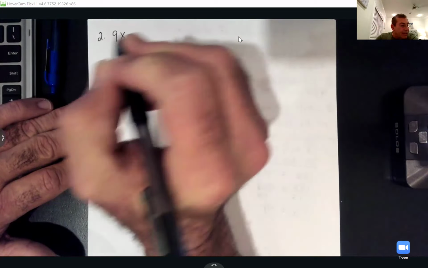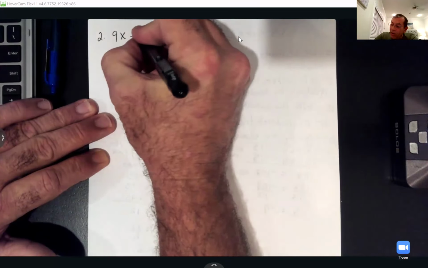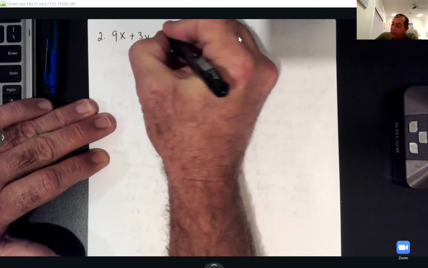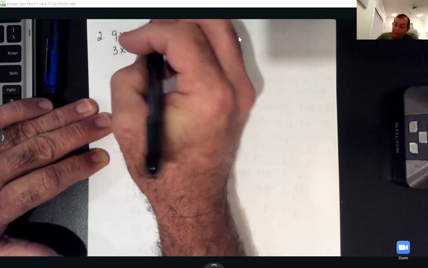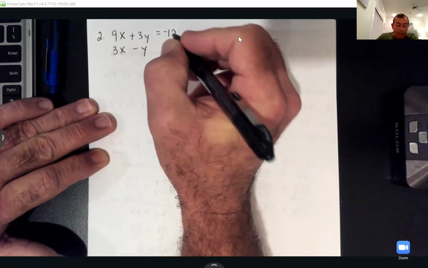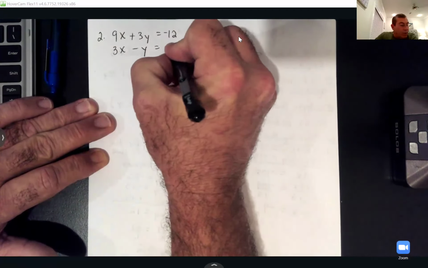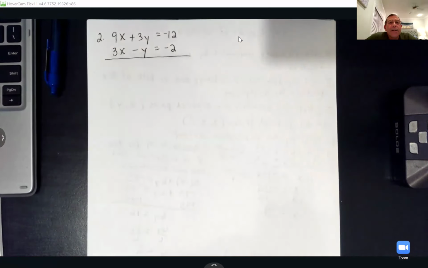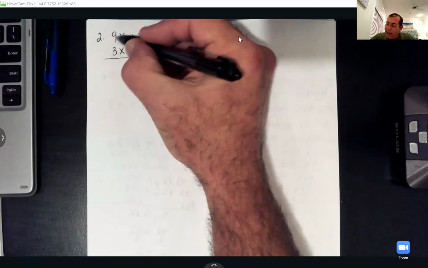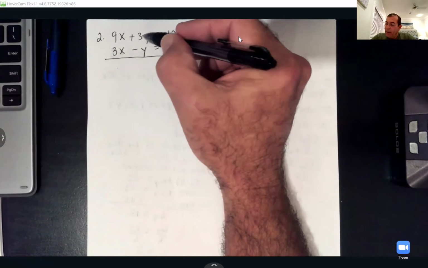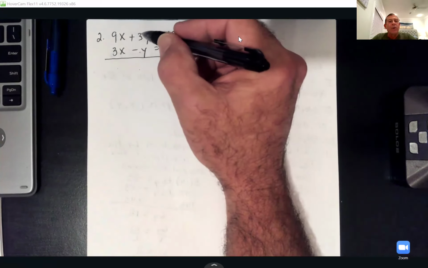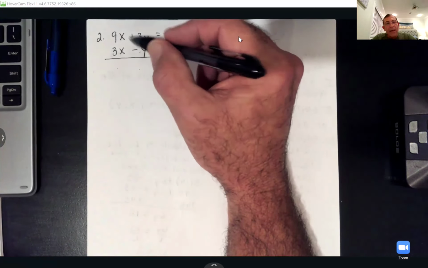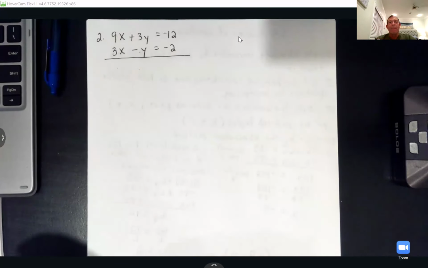All right, y'all. So number 2, they're giving us 9x plus 3y equals negative 12, and 3x minus y equals negative 2. So look here, if I add that, 9 and 3 give me 12. 3 and -1 give me 2. So I cannot eliminate any variable right off the bat. But